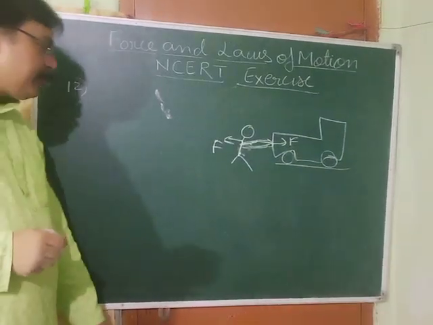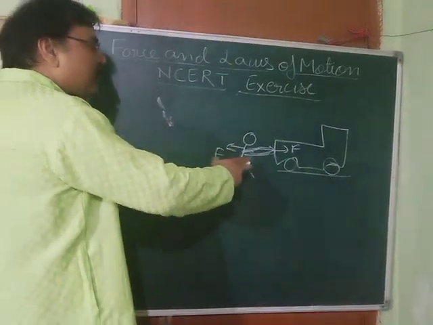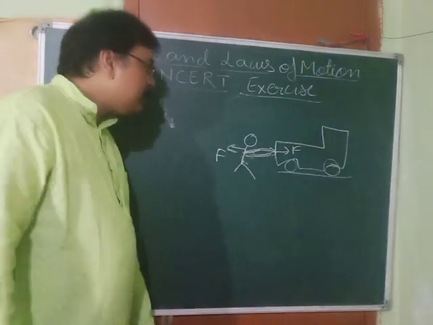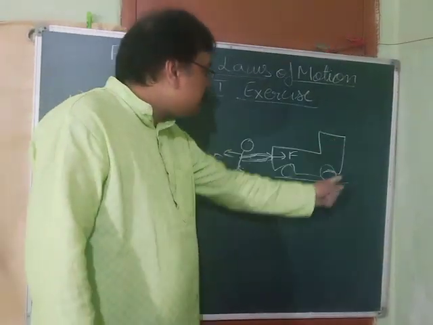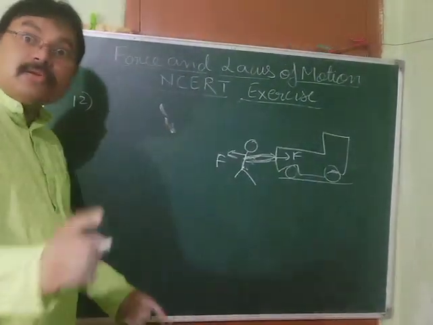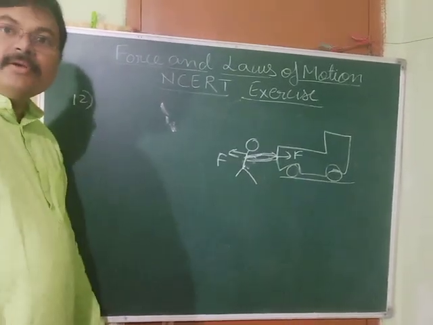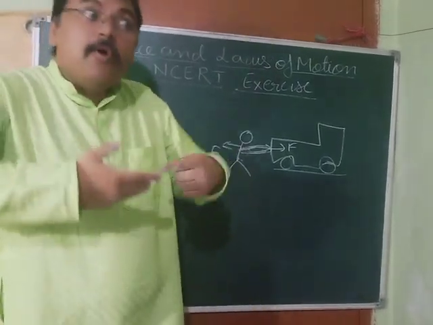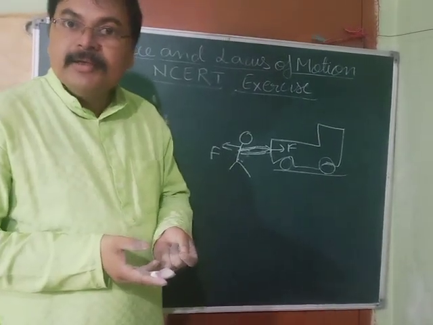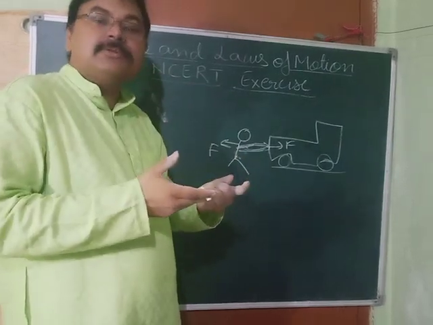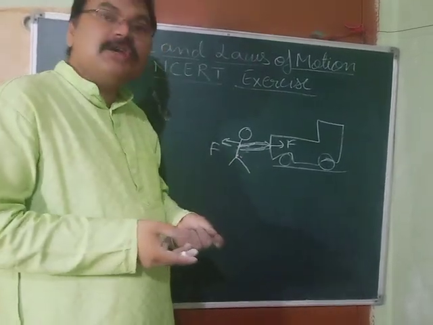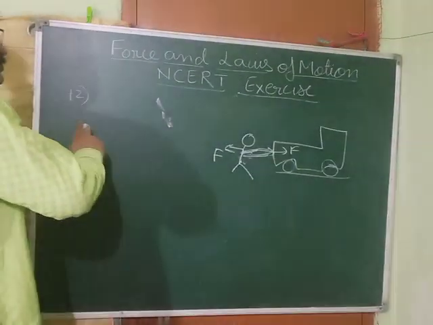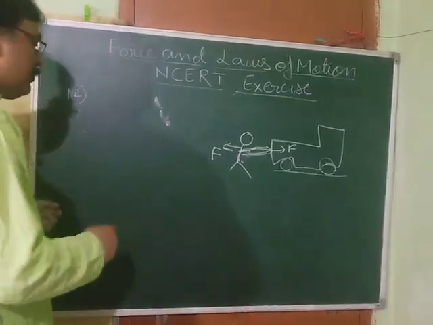First thing. Second thing, this truck is not moving because you are applying force F on this, but this truck has got huge mass, so its inertia is more. As its inertia is more, it is not moving. So it requires more force to move. So we require to apply more force in order to overcome its inertia so that we can make it move. Clear? So what answer you will write? Start writing.